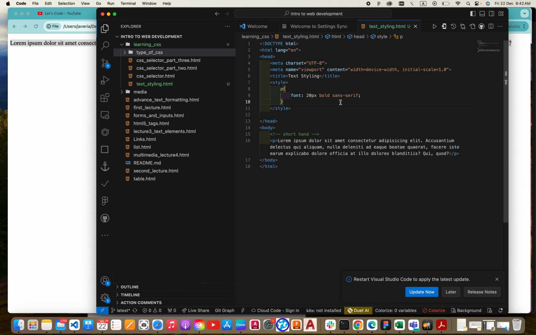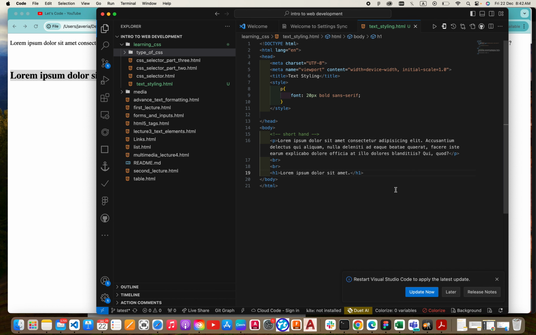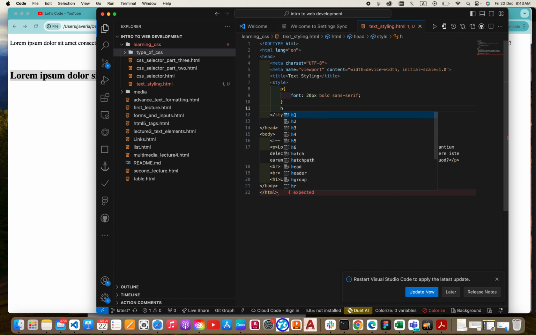Let's make another h1 tag, but let's first add line breaks and then h1 and then lorem 5. So let's come back to our browser, refresh. Here's our new title. Let's come here, what we are going to use on it. On it I am going to show you the detailed method. The detailed method is much better than the shorthand method,